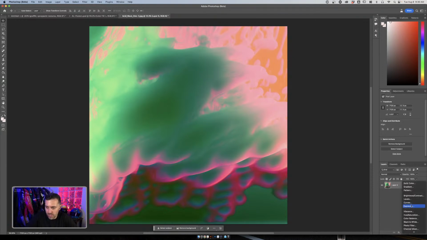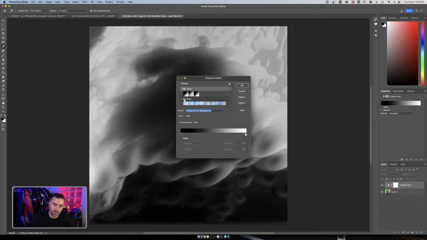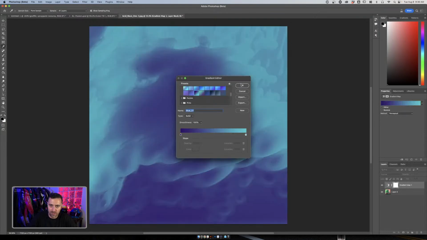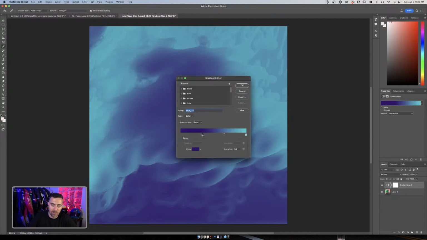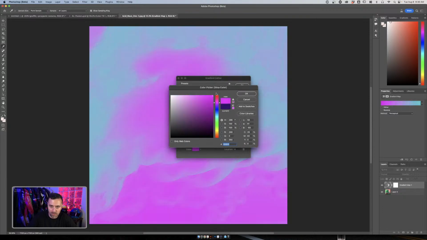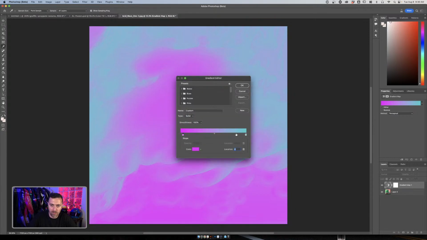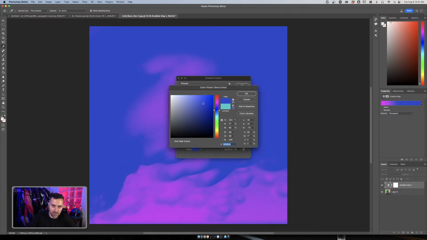If you wanted to change your colors, you could go in here to a gradient map and pull it in. You can pull just one of the basics, or you can always customize it. Maybe I want purple, or a really bright pink, and then a dark blue in there.